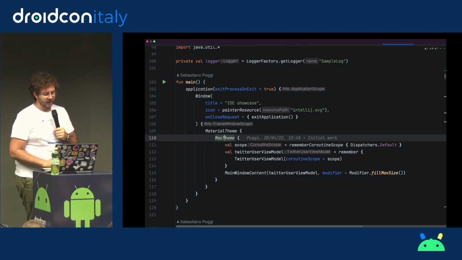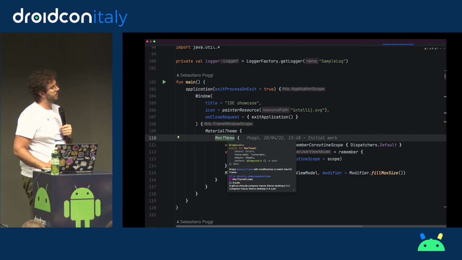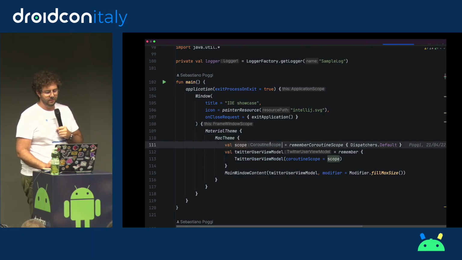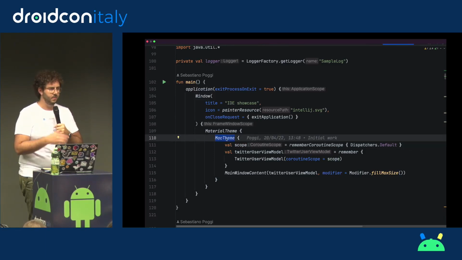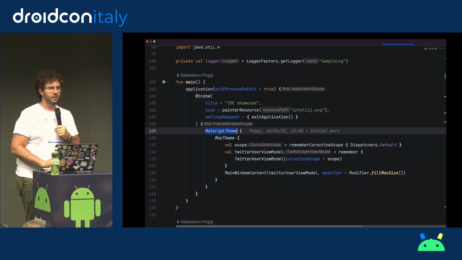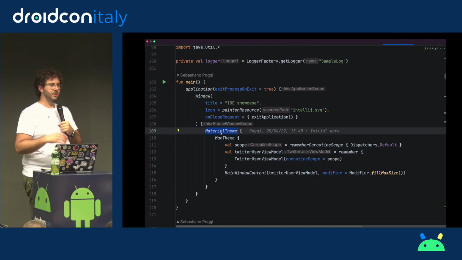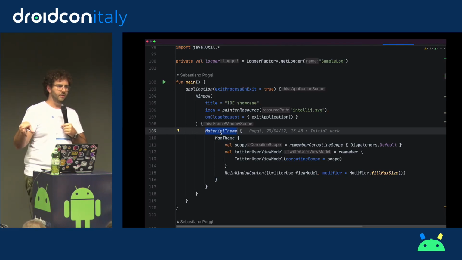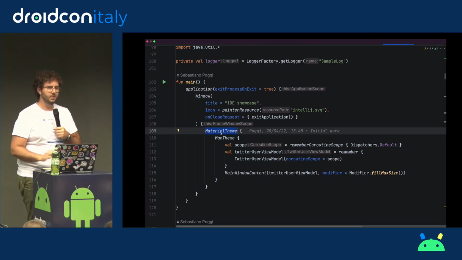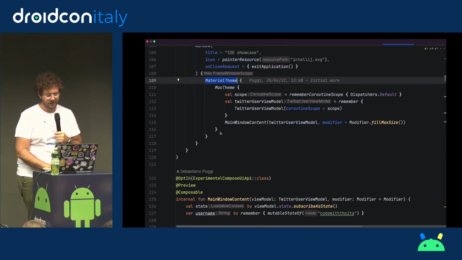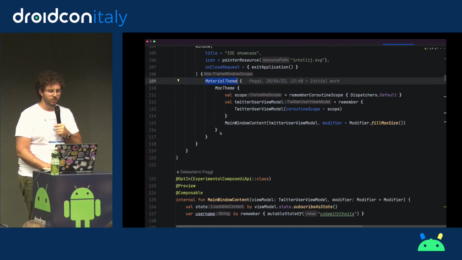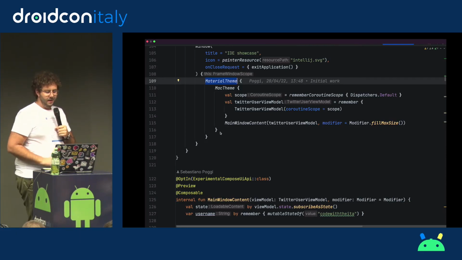I'm also using a third-party theme, which is from a GitHub library I forgot, but it's not too important for this. Just in case you're wondering what this is, it's a library. I also have the material theme here, in case you're wondering, because I'm using some components that are not provided by the Mac theme, so half and half. It's a hack. Again, don't look at this code for ideas.